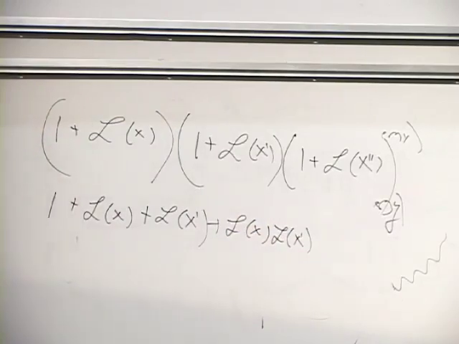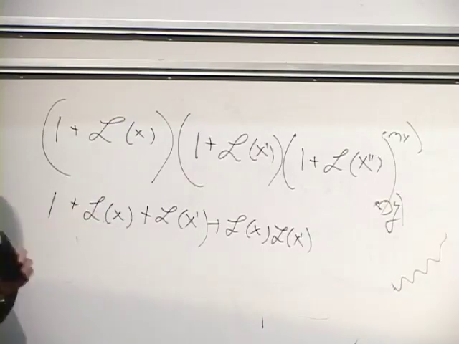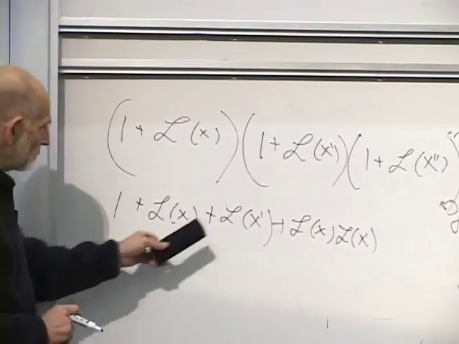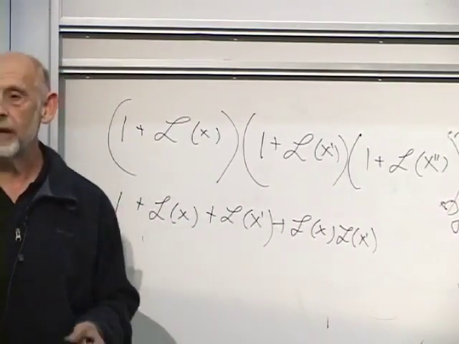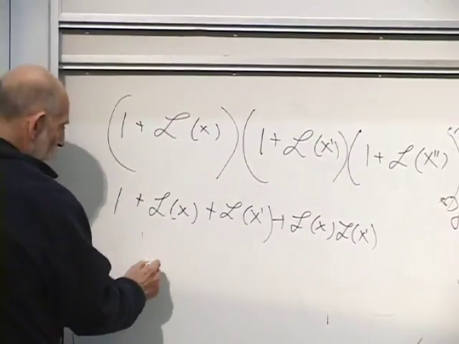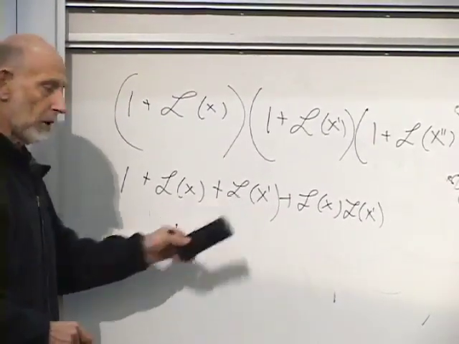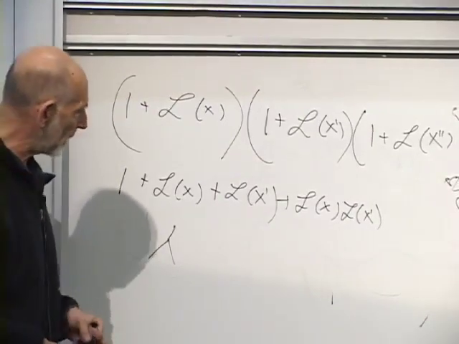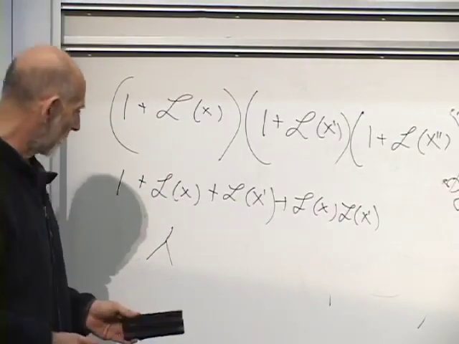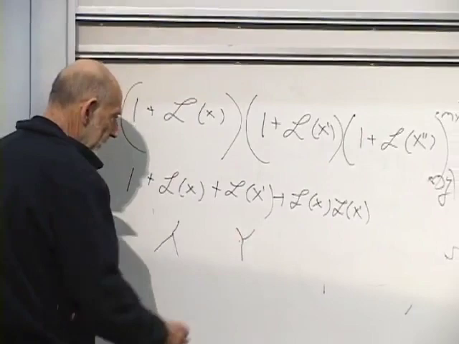What does this represent? Well, this represents nothing happening. This represents a basic interaction at point x. This represents the same basic interaction taking place at point x prime. So this could be nothing. This could be particles absorbed and emitted at point x. This could be particles absorbed and emitted at point x prime. And what about this one? This could be something else happening over here.